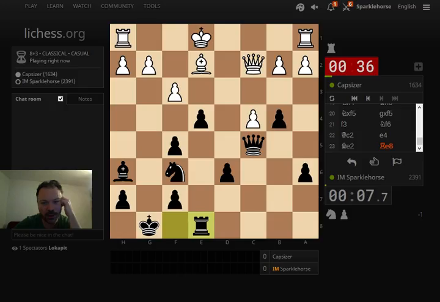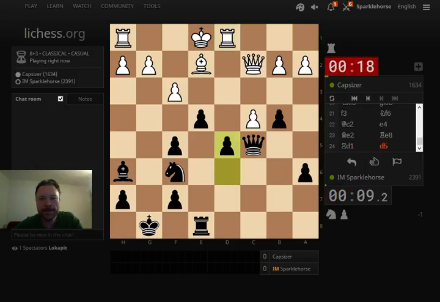I just made a move, but it didn't let me. Capsizer's faster than me, too. Perhaps I should have played d5 last move. It's always...